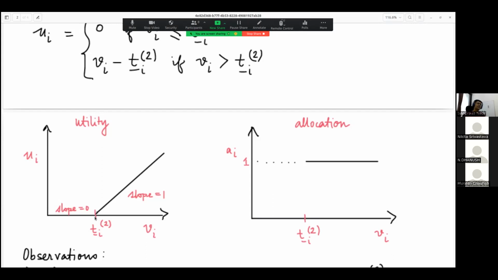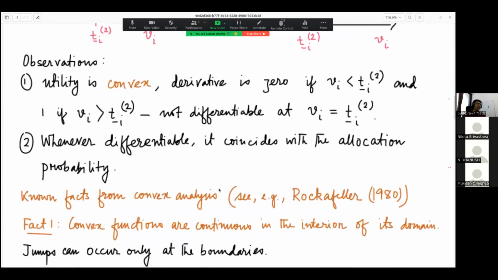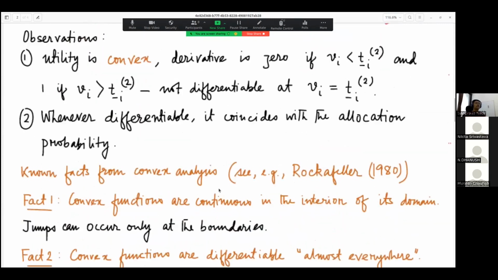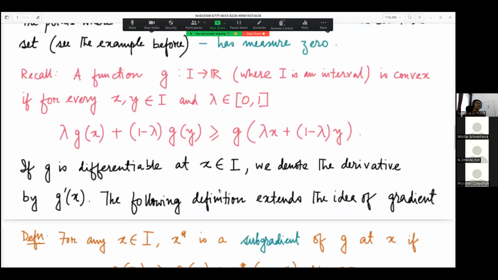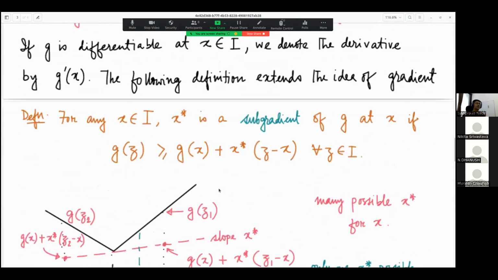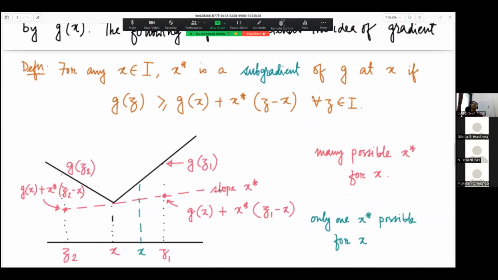The derivative does not exist. But for that, we have this idea of subgradient. Now, I think that is essentially the question: what is the subgradient? So let's come back to this definition of subgradient. For any point x in the domain of this function, let's say g,